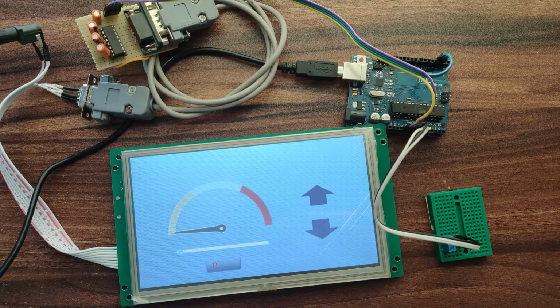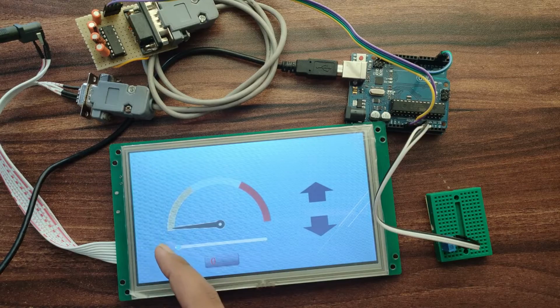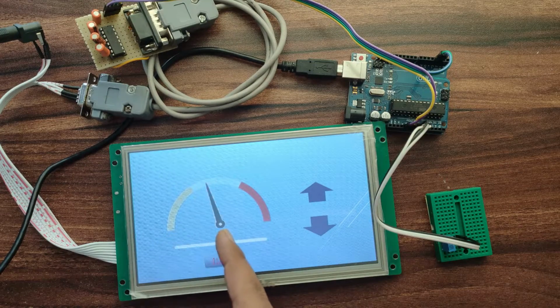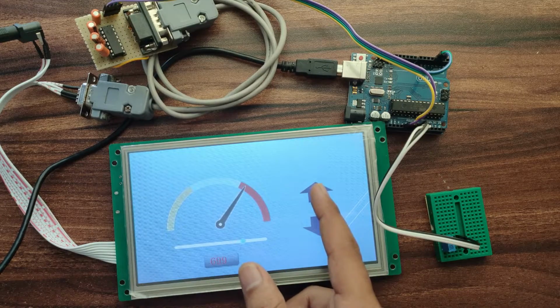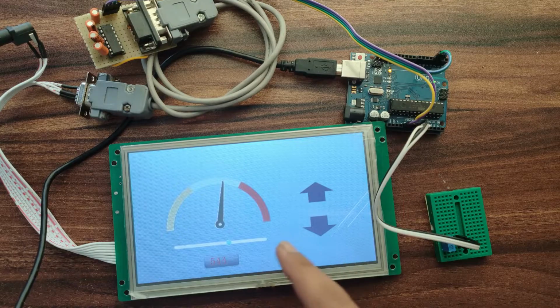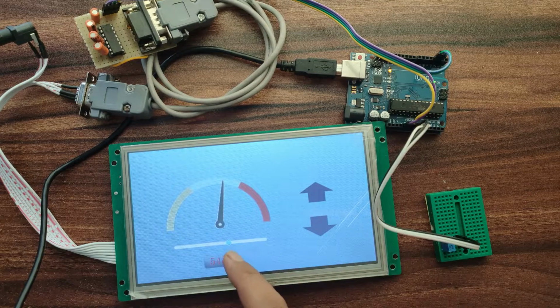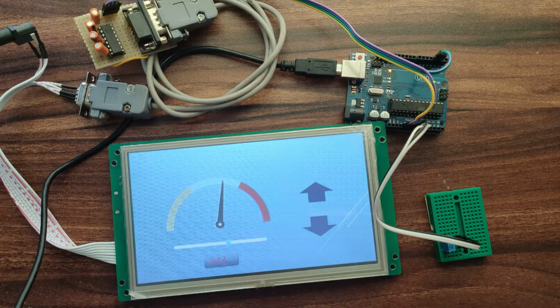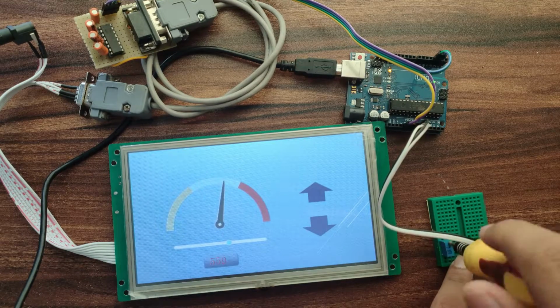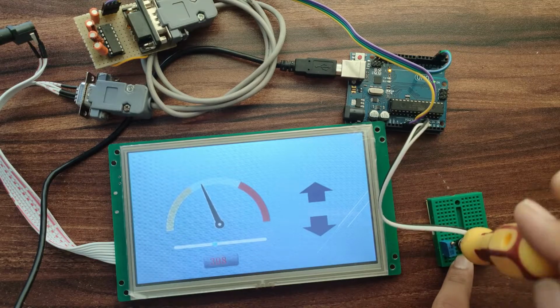Okay, I have flashed the display and Arduino Uno board. Now I have turned on the display only. You can observe that needle is moving freely with the slider bar and up and down keys. After powering up the Arduino board, you can observe that needle is stable at one point. It is because Arduino is sending current pot ADC value to the display. Let's change the pot value and you can see the reflection on the display.